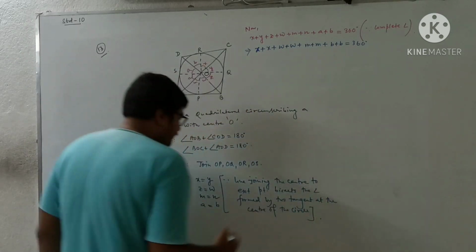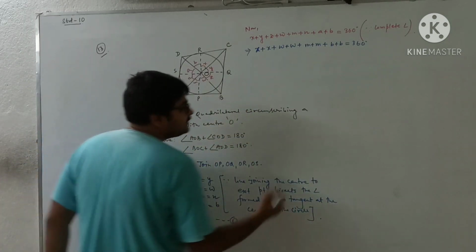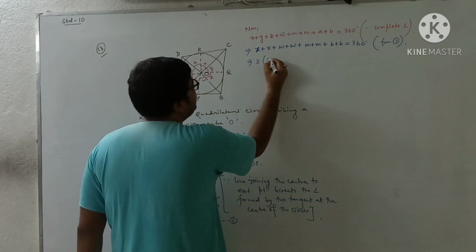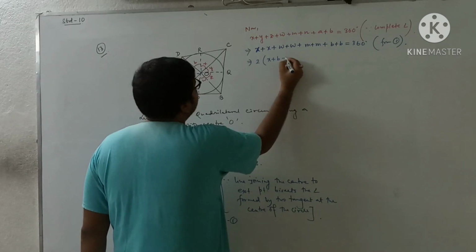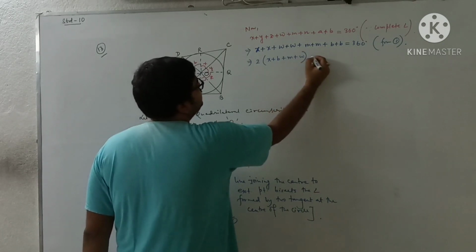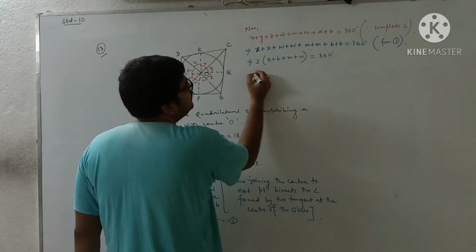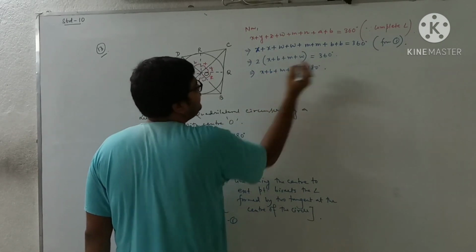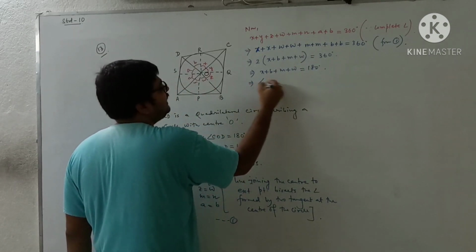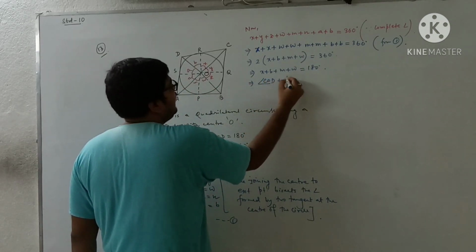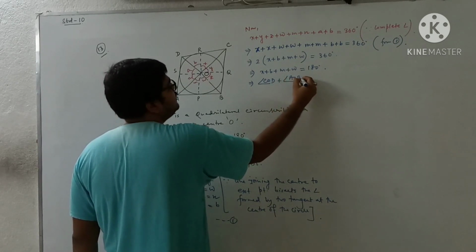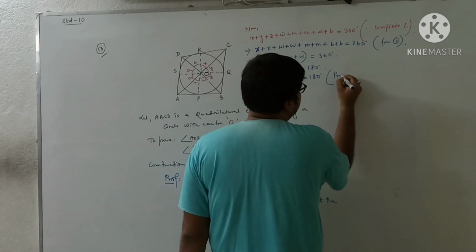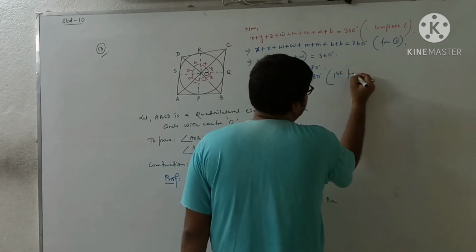So where have we got this from? We got it from number 1. From 1, we are getting twice X, twice B, twice M, twice W. Taking 2 common and dividing to that side, we get X plus B plus M plus W equal to 180 degrees. Now X plus B means we can write angle COD, and M plus W means we can write angle AOB, so that is equal to 180 degrees. So this is the proof of the first part. First part proved.